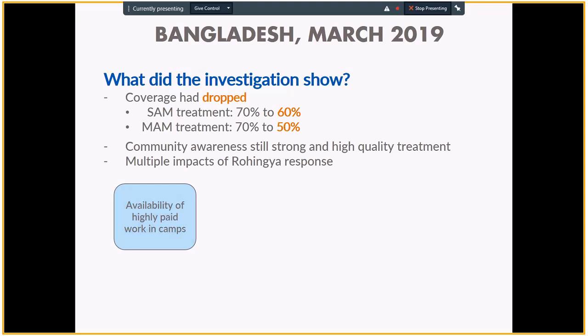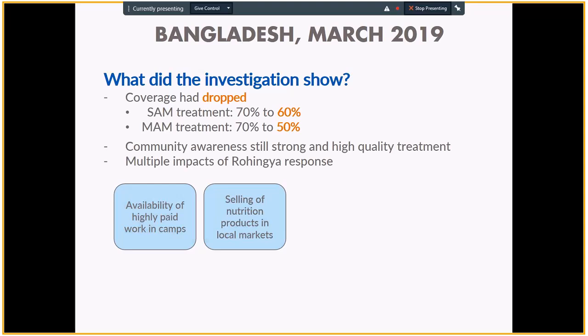What else do we think? Well, the other thing that came up strongly was that there was a huge sale. There was a lot of product being sold in markets. So in the camps, the Rohingya communities were being handed out a lot of nutritional products for their children, potentially not with the relevant amount of sensitization about how to use it, and they don't really have any income generating opportunities, and so they were selling a lot of this product in the markets, unfortunately.